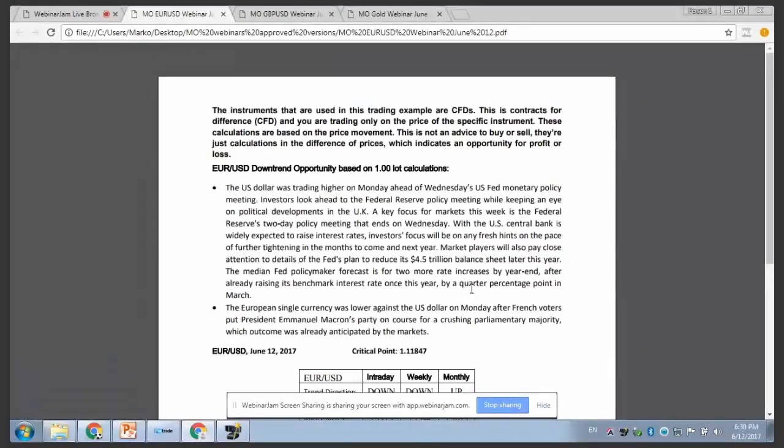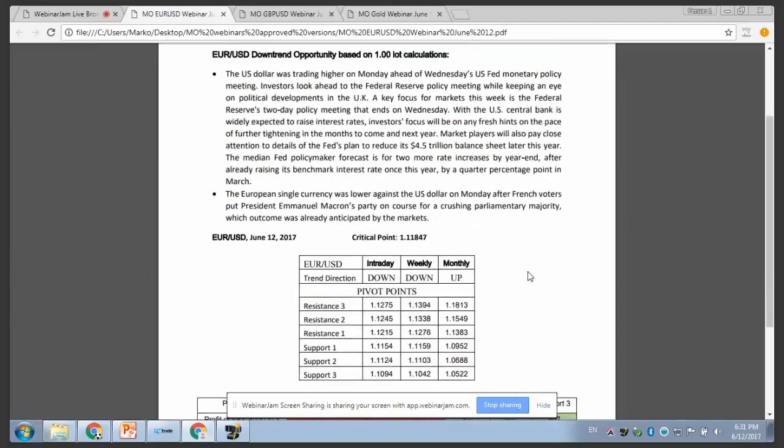They see a couple of opportunities in euro dollar and GBP dollar, and also on gold, based on some facts that are trying to support their expectations. So according to our research department, the intraday and weekly trend on euro dollar is downtrend as long as